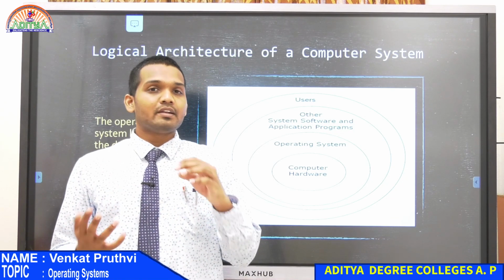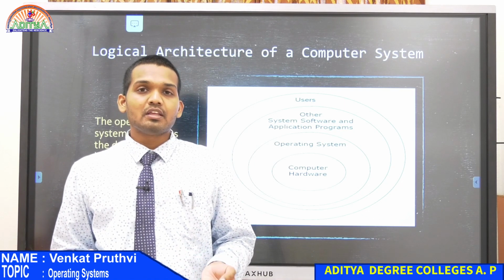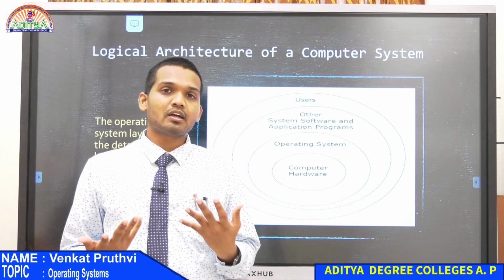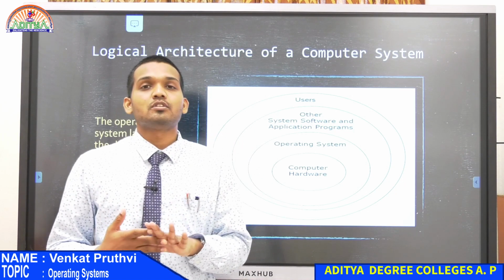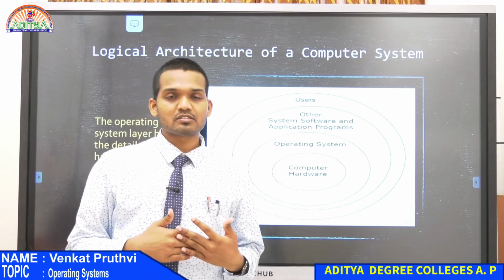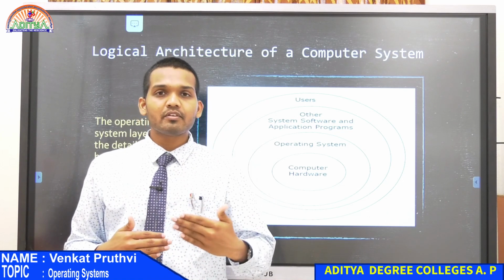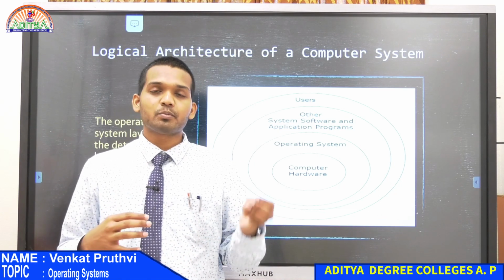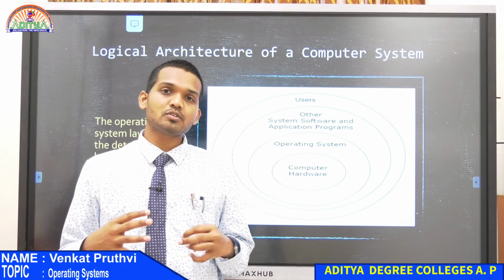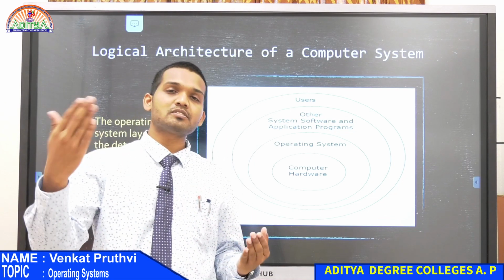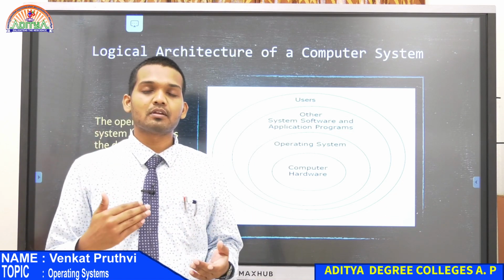But interaction is not all that we want, right? In the interaction, we have to have some data that needs to be interacted. What is the data? The programs are your data. So the hardware is on the other side, the users are on this side. Now in between, we have the operating system. On the operating system, if you put some data, or if you load some programs, only then there would be some task that will be performed, and there will be some operation that is happening from